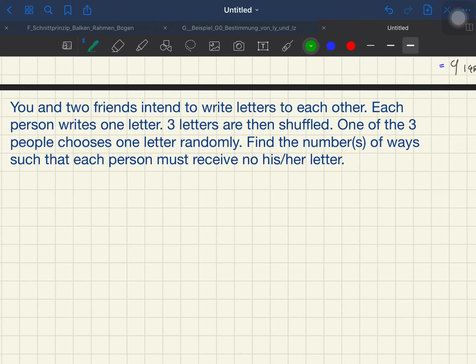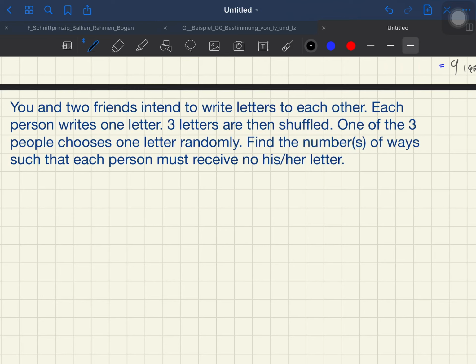Before talking about the probability, we want to try to analyze this question first. So you and 2 friends intend to write letters to each other. Each person writes 1 letter. So 3 letters are then shuffled. One of the 3 people chooses 1 letter randomly. Either the person would choose his or her own letter, or the letter from his or her friends. Okay, so find the number of ways such that each person must receive no his or her own letter,